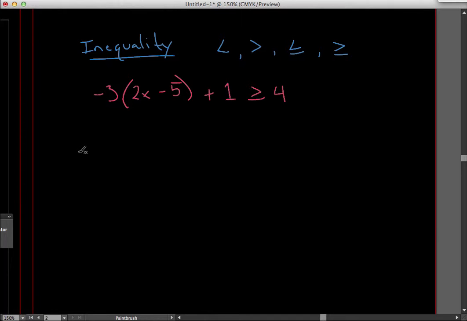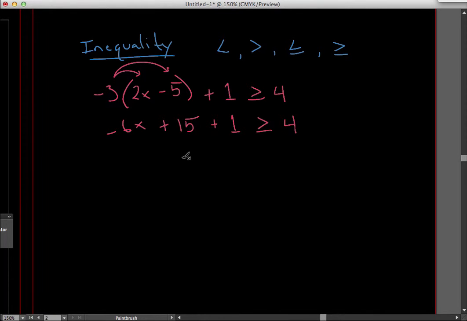Alright, fairly similar to an equality, we have some distribution that we need to work with here. We have the -3 to distribute to these two terms. So let's do that now. If we multiply the -3 times the 2x, that leaves us with a -6x. And if we multiply the -3 times the -5, we're left with a positive 15. Then we tack on the plus 1, drop down the greater than or equals to sign,